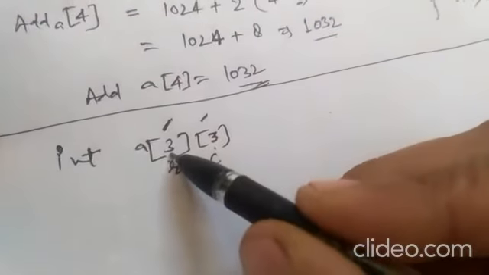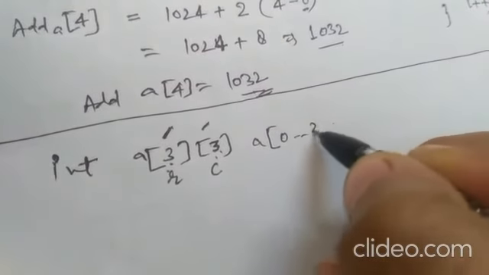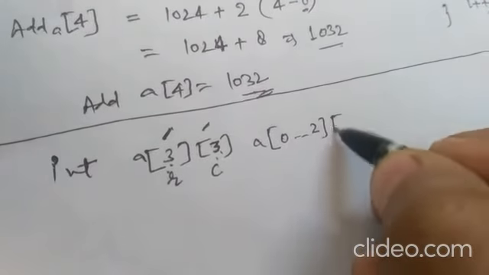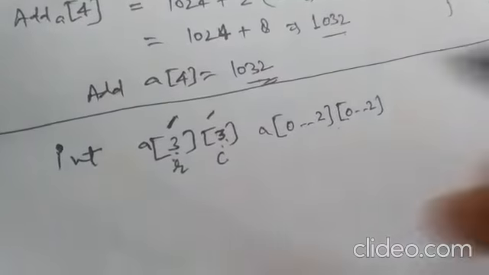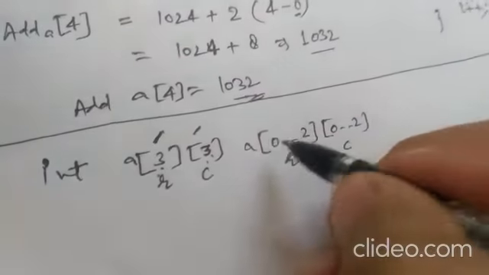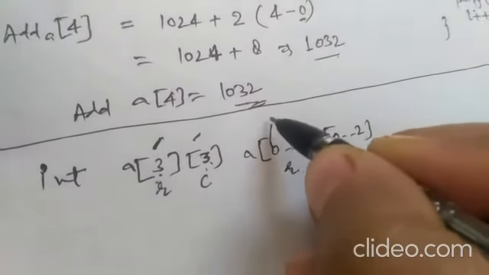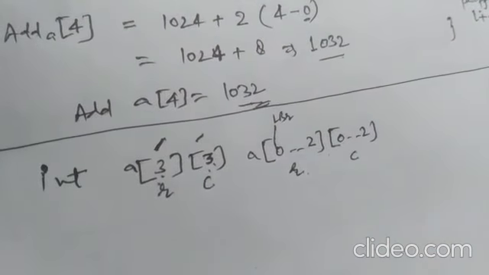How many rows are there? 3. How many columns are there? 3. Can we write it like this? A equal to 0 to 2 and again 0 to 2. This means if we talk about the lower bound of rows, rows are here, columns are here. Lower bound of columns, rows are this. Lower bound, we can also write it as LBR. So LBR is